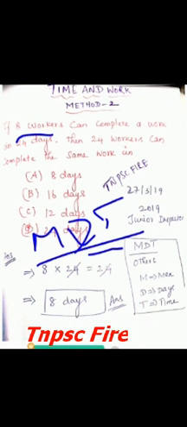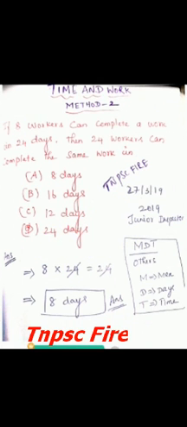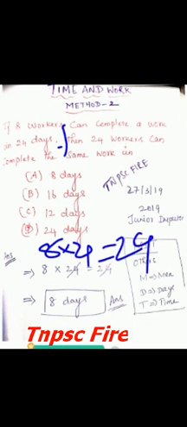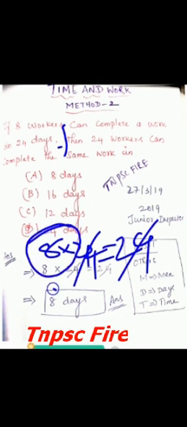Now we are going to solve. That is 8 into 24 equal to what they give, you divide the problem. Then they ask how many days 24 workers take to complete the same work. Here you put 24 equal to 24. So 24 cancels, and here 8 is the answer. So 24 workers can complete the same work in 8 days. This is the answer for this question.